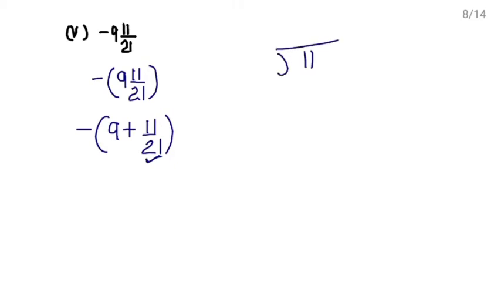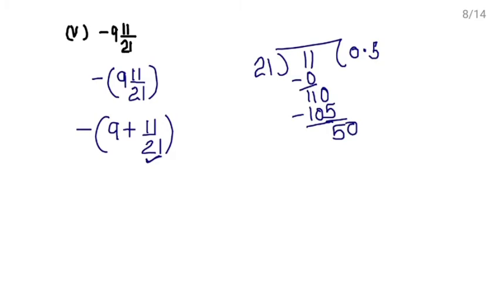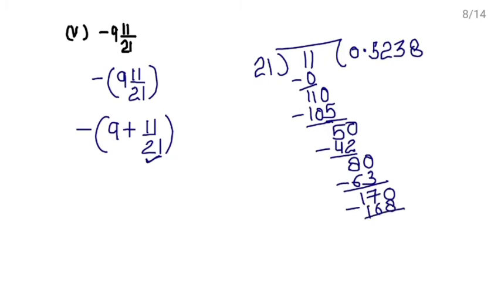11 upon 21 को डेसिमल नंबर्स में चेंज करते हैं टू दी 3 decimal place, राइट? सो 21 ones is not possible. 21 zeros are 0, subtract 11, put decimal, take 0. 21 fives are 105, subtract 5, take 0 as bonus. 21 twos are 42, subtract 8, take 0 as bonus. 21 threes are 63, subtract 80 minus 13 is 17, take 0 as bonus. 21 eights are 168, subtract 2.